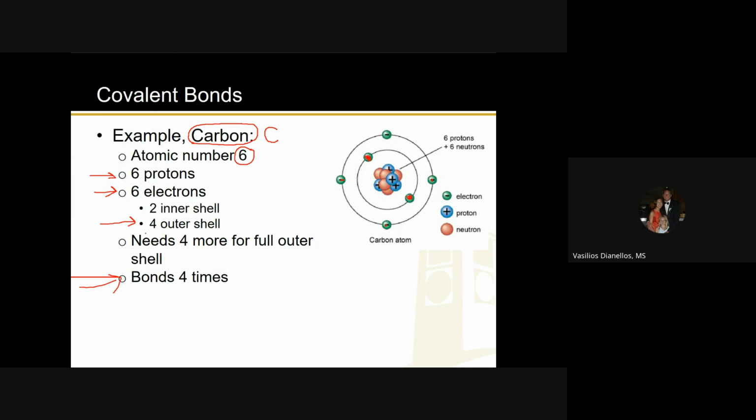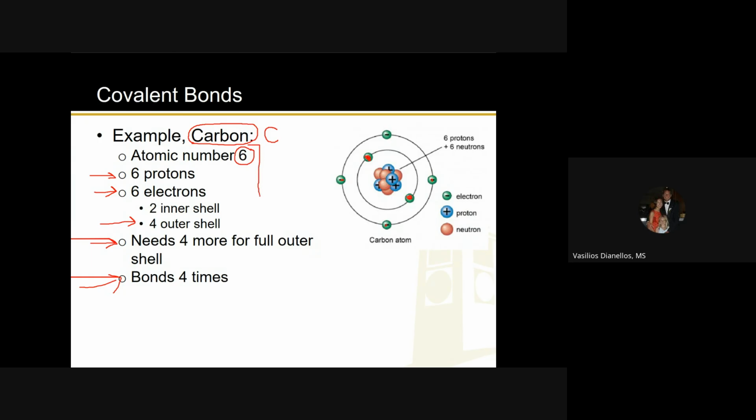How many does it need, right? So 4 plus what equals 8? And it needs 4 more, right? Therefore, as far as we're concerned in this class, and this is not always correct, but for the purposes of the questions I'm going to give you, however many electrons it needs in the outermost shell, that's how many times it can bond. So really quickly before I move forward,